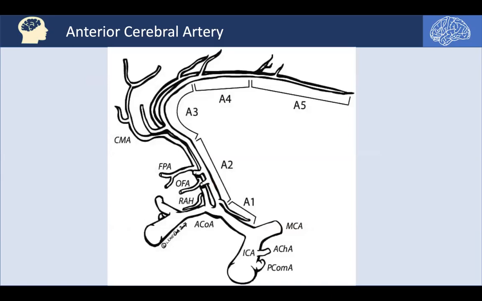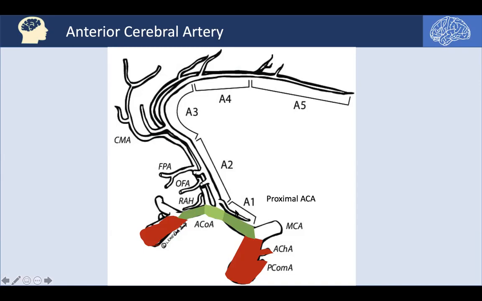Regarding the segments of the anterior cerebral artery, there are 5 segments, starting from the ICA. Here we have these 2 ICAs, and then the first segment that comes off the ICA as the ACA would be termed the A1 segment. The first segment is called the proximal ACA or the pre-communicating ACA. So it's pre-communicating. Indeed, here we have the anterior communicating artery connecting the two ACAs,